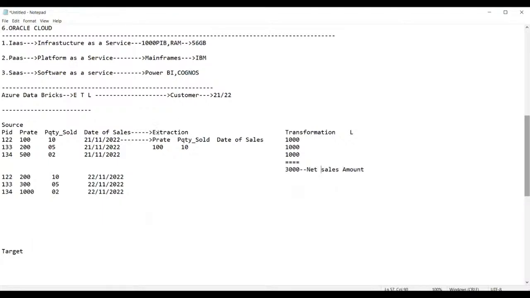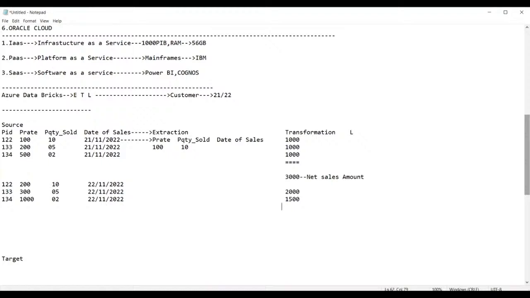So this you are doing under the process of transformation. Now, it is done for the 21st day. What about the 22nd day? For the 22nd day, 200 into 10 means 2000. 300 into 5 means 1500. 1000 into 2 means 2000.